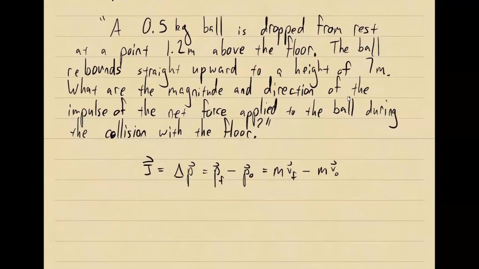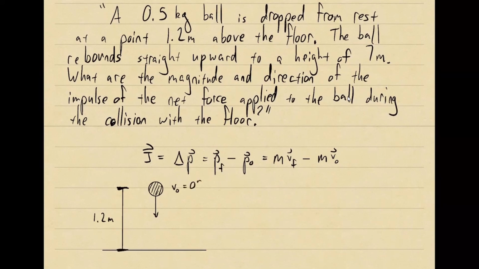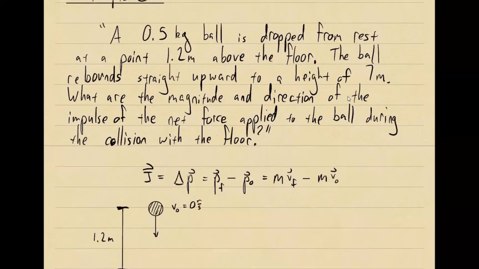So we know that our ball starts from here, goes like this, it's falling straight down, and the initial height of our ball is 1.2 meters, just like that. So since the initial velocity of our ball is 0 meters per second, because our ball is dropped from rest,